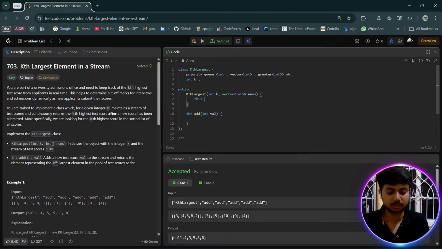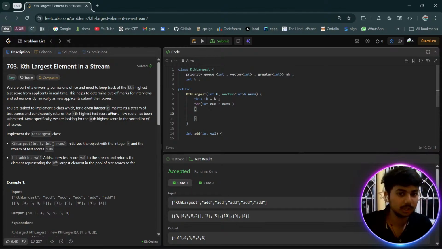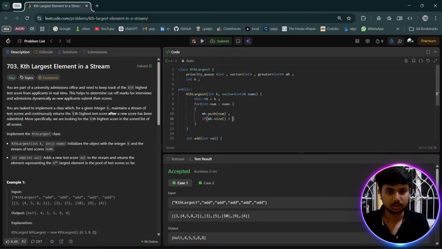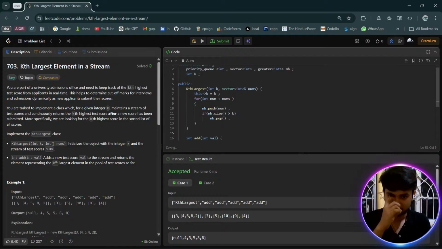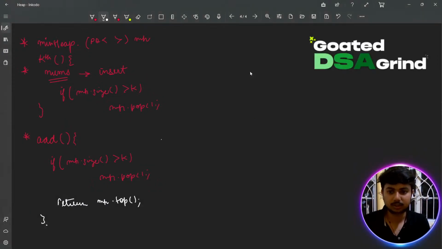अभी यहाँ क्या करना है, first of all this dot k जो है, not dot but this k is k, है ना। अभी वो जितना वैल्यूज है, ठीक है, मतलब कि जो भी वैल्यूज है for num that belongs to nums, what do we need to do, we are inserting things into the priority queue जिसका नाम mh है, ठीक है। So mh dot push, and what do we push, we push num, and if mh dot size is greater than k, what do we do, we mh dot pop, बस। ये हुआ।